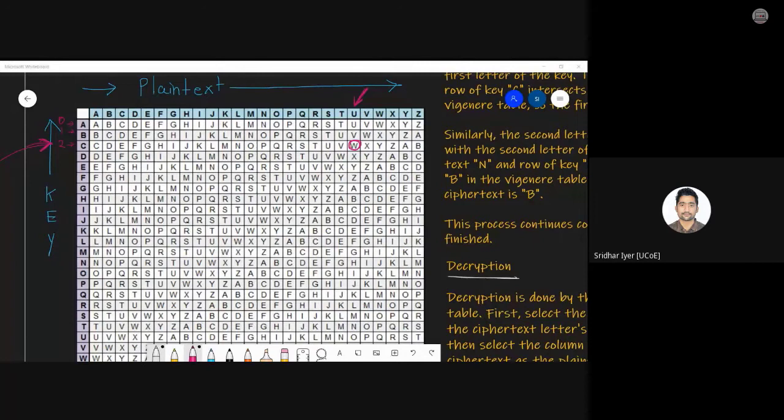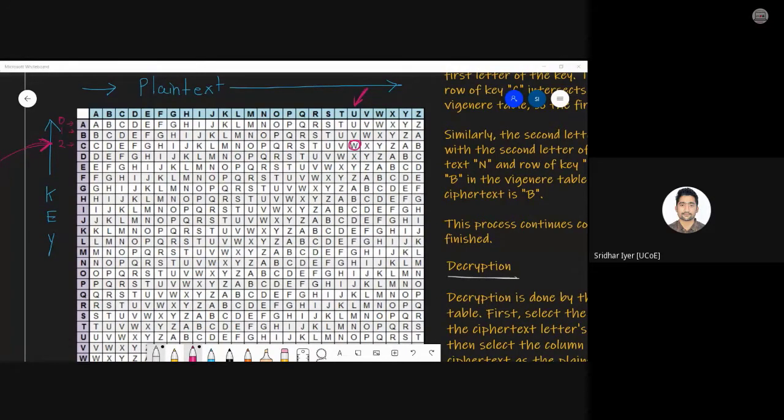The first character of the plain text is checked in the columns, and the first character of the key is checked in the rows. So our first character of plain text was U, which is for universal, and the first character of the key was C, right? So we have to compare U and C. Similar to your Playfair cipher, we are doing something like that only. Wherever they intersect, that will be my ciphertext. Am I clear? Kindly let me know so that I can move ahead. Is it fine?